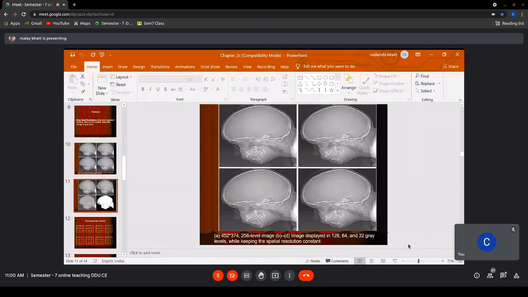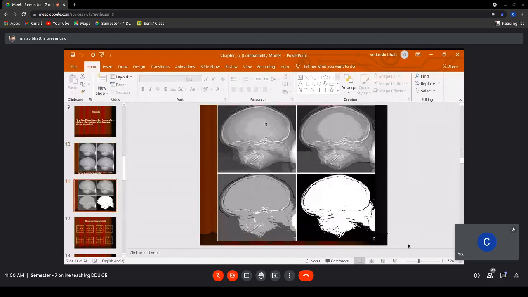But when you go to 16 gray levels, 2 raised to 4 only, 4 bits, you can see a tumor-like thing in the head. So it is a false contour. It is not actually in the original image. All these circles, you can see concentric circles in the head of the human, they are false contours.